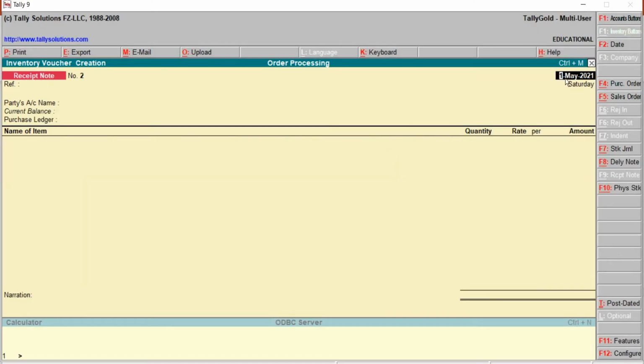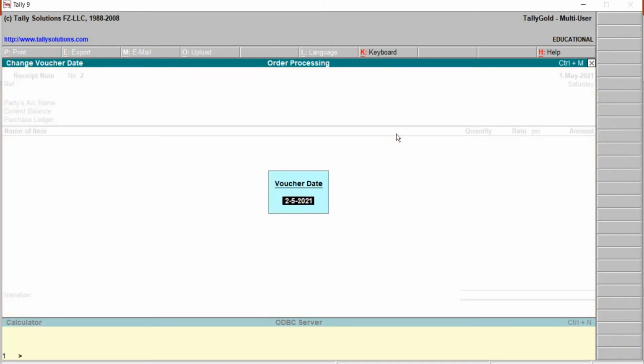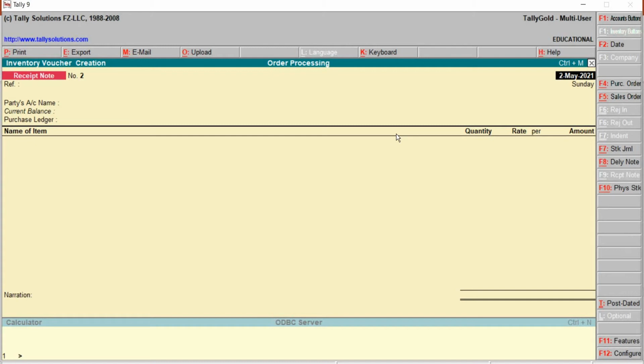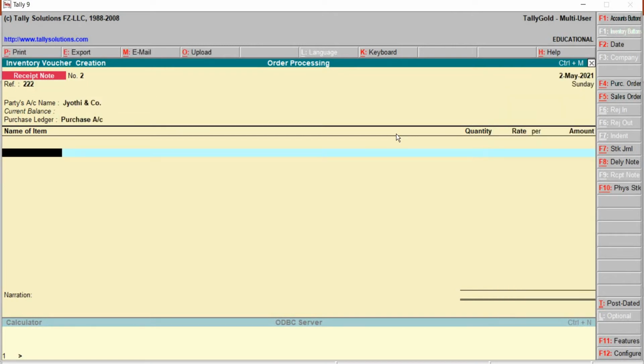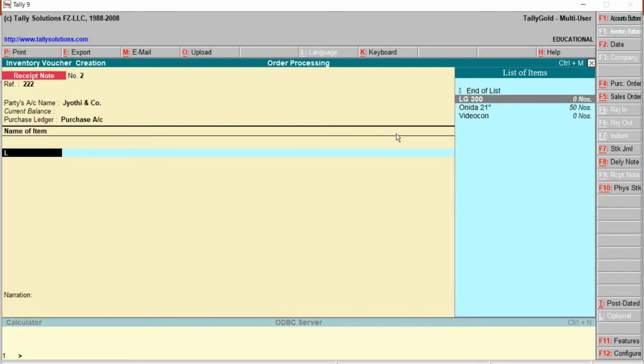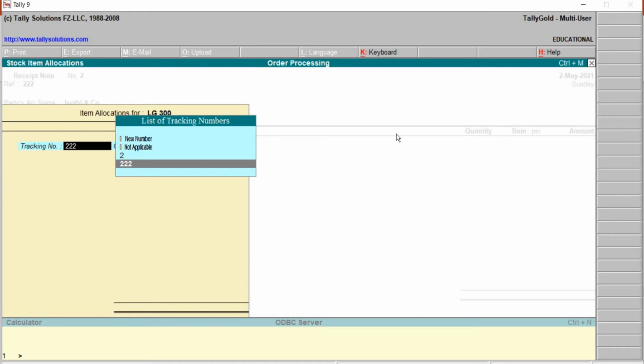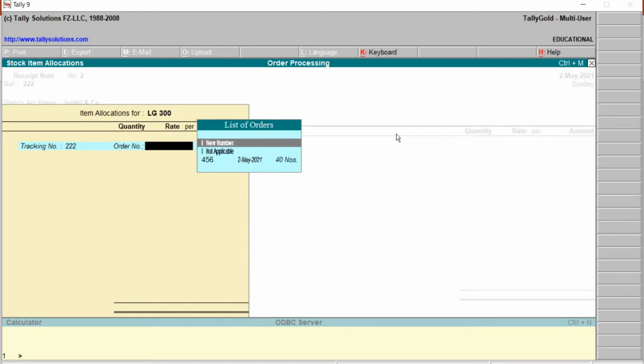This is for 2nd of May, right? Reference number 222. Party's account name is Jyoti and Company. Purchase account, name of the item is LG 300. Tracking number of receipt note.